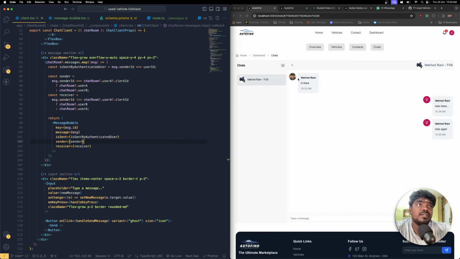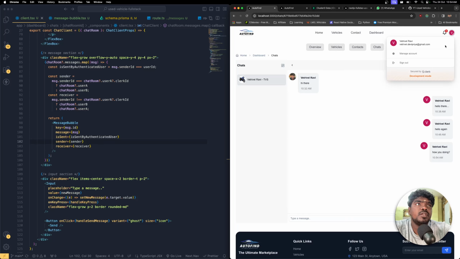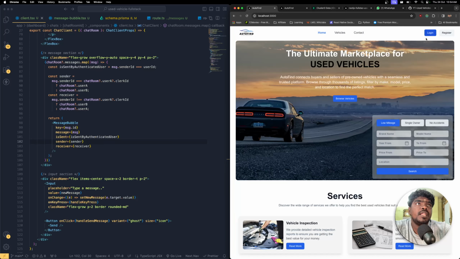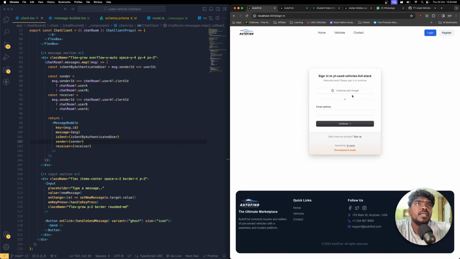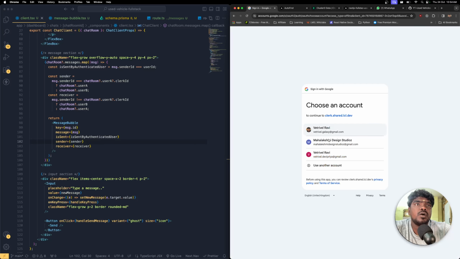He is the receiver right now, and I'm the authenticated user with this specific account, so I'm the sender right now, so it will work perfectly. So now I'm going to say how are you doing, and if I hit enter, I'm getting the message over here. Now if I log out from here, let me get into the login and get into that specific account,